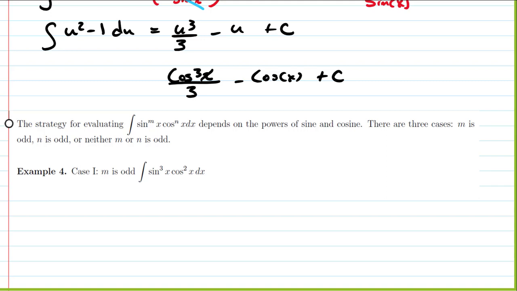So basically, the distinctions we want to make are: either one of them is odd, or neither of them is odd. If they're both odd, it turns out there's more than one way to do it, and you'll get the same correct answer in the end, as we said. But all of these actually reduce back to the cases that we've been talking about already. So case one, m is odd. So when we have sine cubed x times cosine squared x,